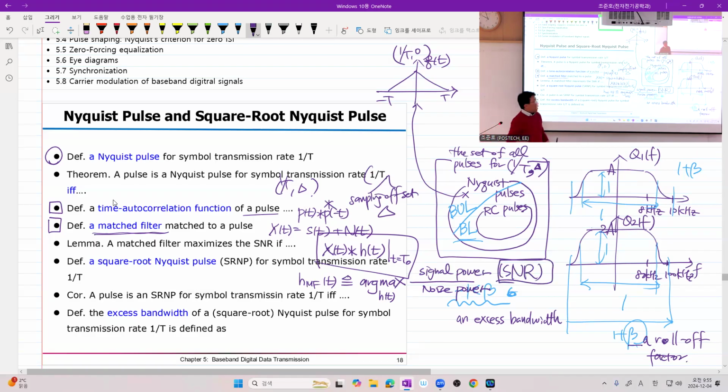So a matched filter is defined as a filter that maximizes signal to noise ratio after the received signal is filtered by it and sampled at a specific T0. So actually, if you change this T0, your matched filter changes. But usually, the delay just introduces in the frequency domain linear phase shift, and in the time domain also delay,